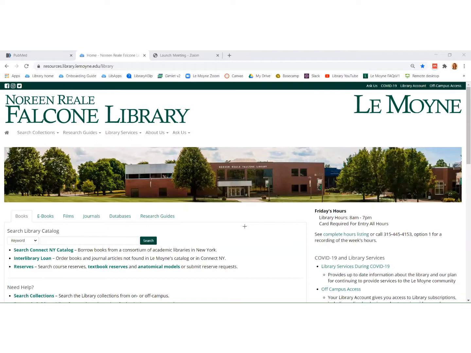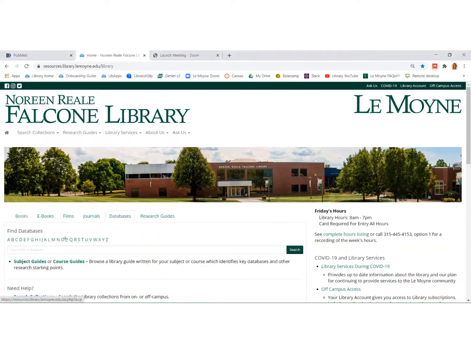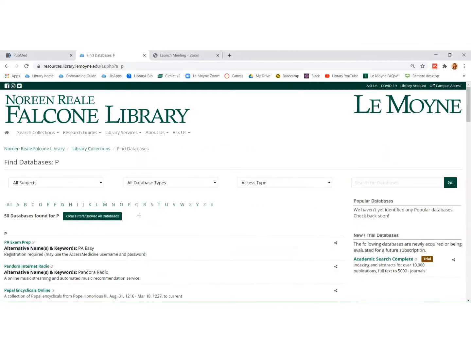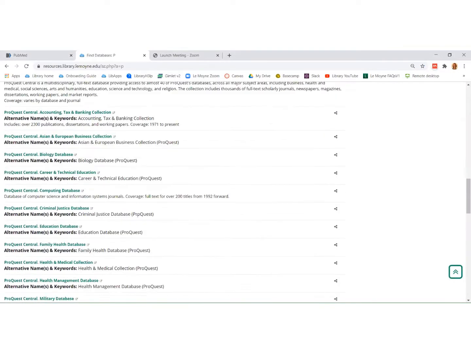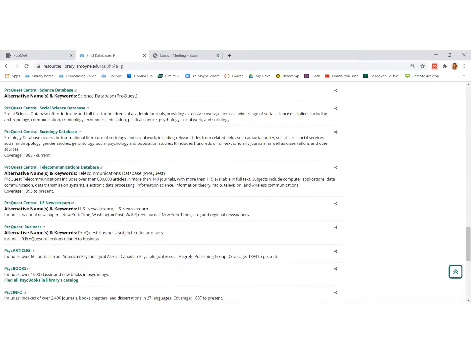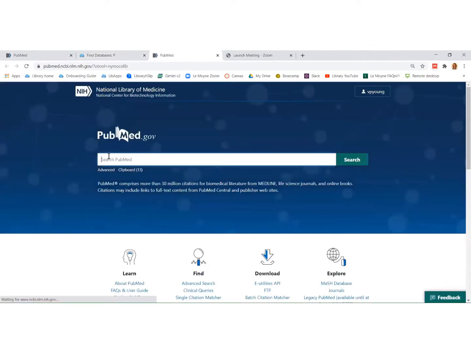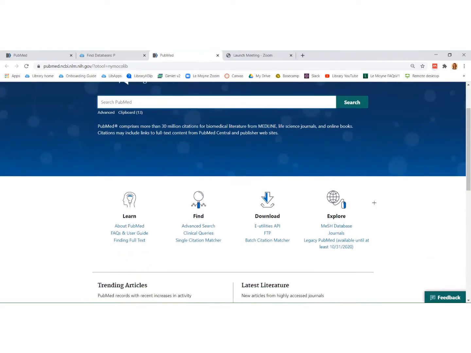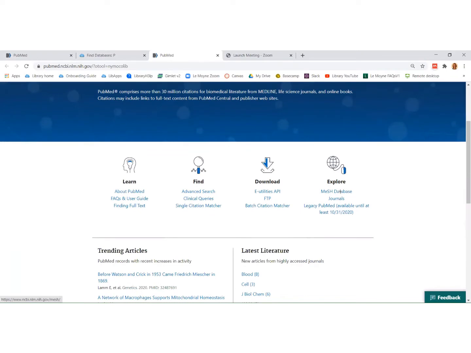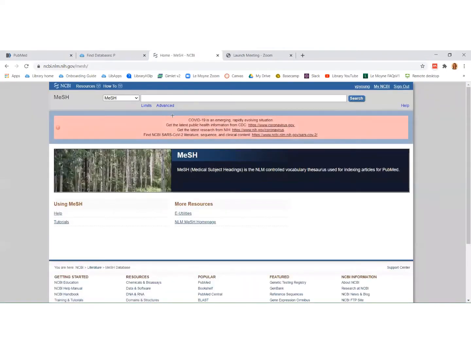I'm going to quickly go through the steps to find PubMed and search the MESH database. On the library homepage, click the Databases tab, the P for PubMed, and scroll down to PubMed. It's important to use this link and not directly pubmed.gov because this is the way to see links to our full text holdings. At pubmed.gov, you can immediately search, but let's go to the MESH database under Explore to see what happens when we type in one of our PICO terms, which is heart attack,